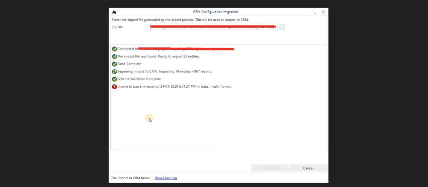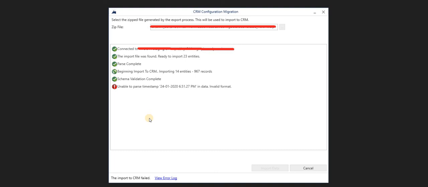At that time they always faced this issue, and initially we just overlooked it because we were thinking there might be some data format issue, and we used to change the data format to whatever the working data format is and give back the package. But later we followed up on the pattern in which this issue is happening. Then we came to know this happens only when our colleagues are doing the import. We do the export, and then our colleagues do the import.